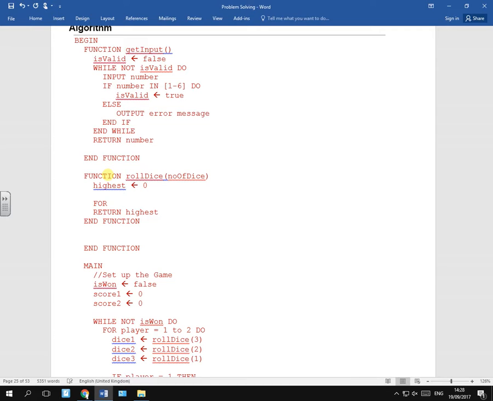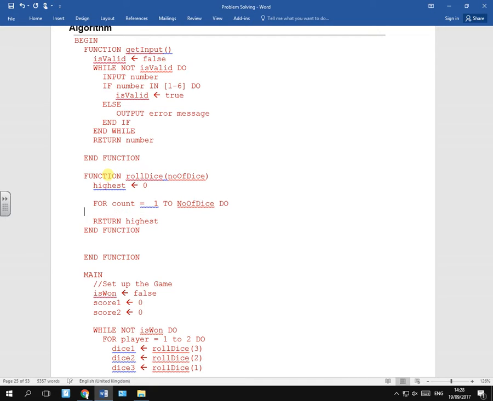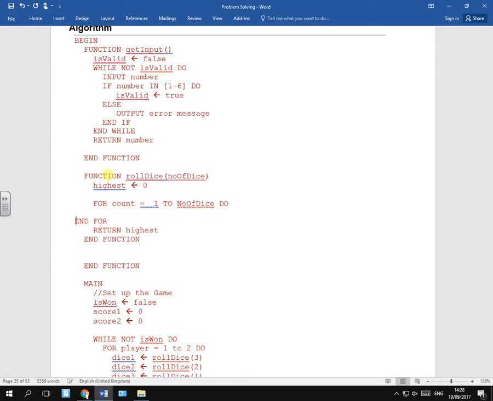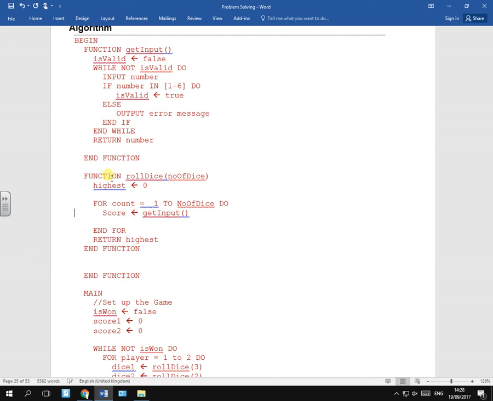So that's going to be a for loop, because we know how many times it's going to be. So let's have a counter equals 1 to number of dice. Okay, and that's what we want to do. So in this we want to get the score. So that will be from get input. Okay, so roll dice and they enter the score, that's what they get, and we want to ask the question,